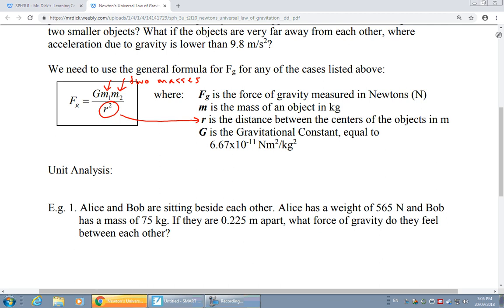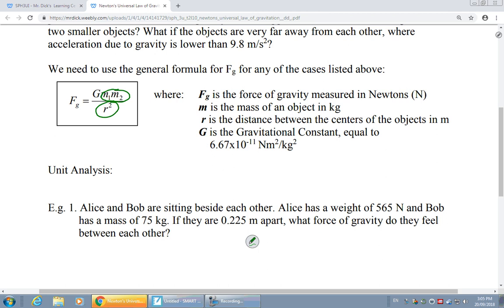Essentially, what this law is saying, if we break it down in a little more detail, is all about proportions. Newton discovered that your force of gravity is going to be directly proportional to both of the masses involved. Regardless of which object we're talking about, if either of the masses of the two objects close to each other increases, that will increase the amount of force between them. But he also found an opposite relationship with how far apart they were.